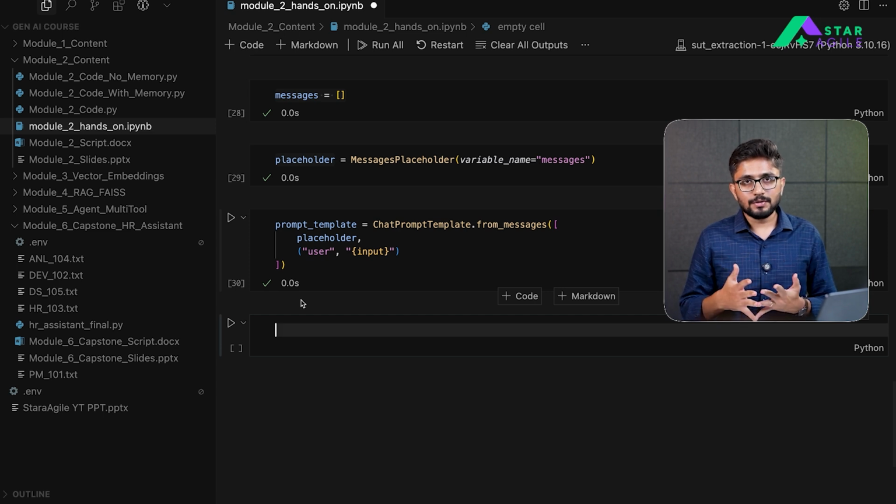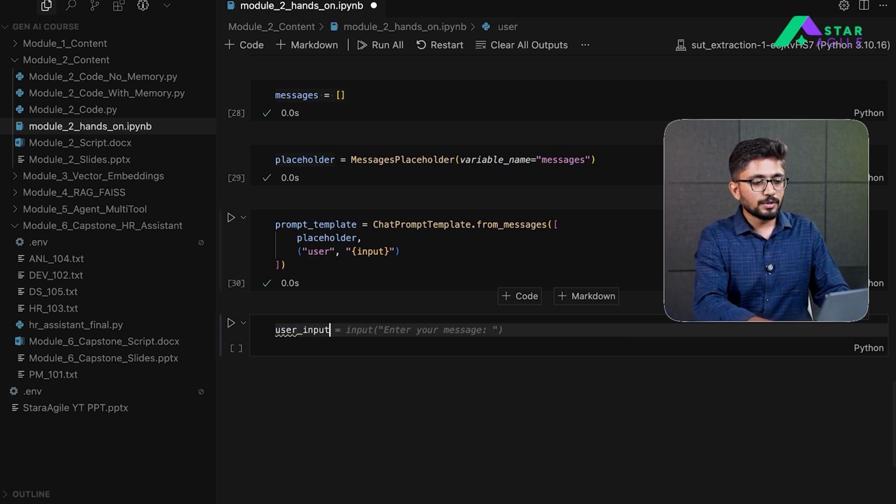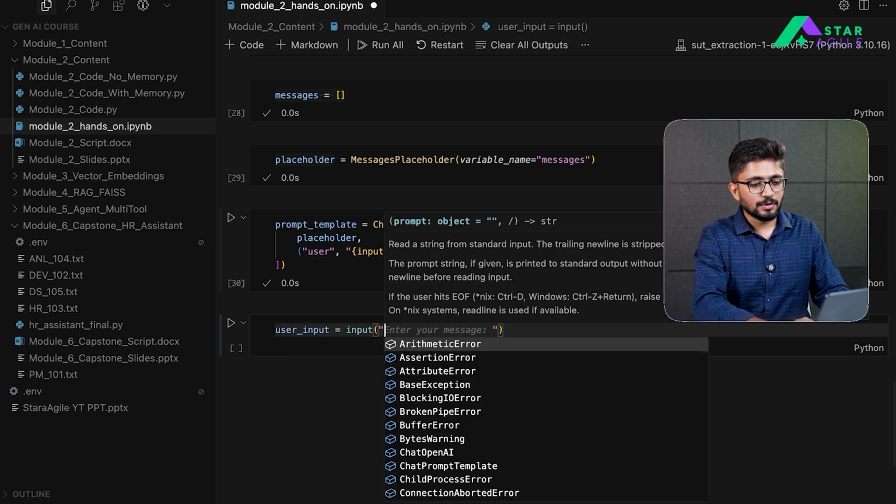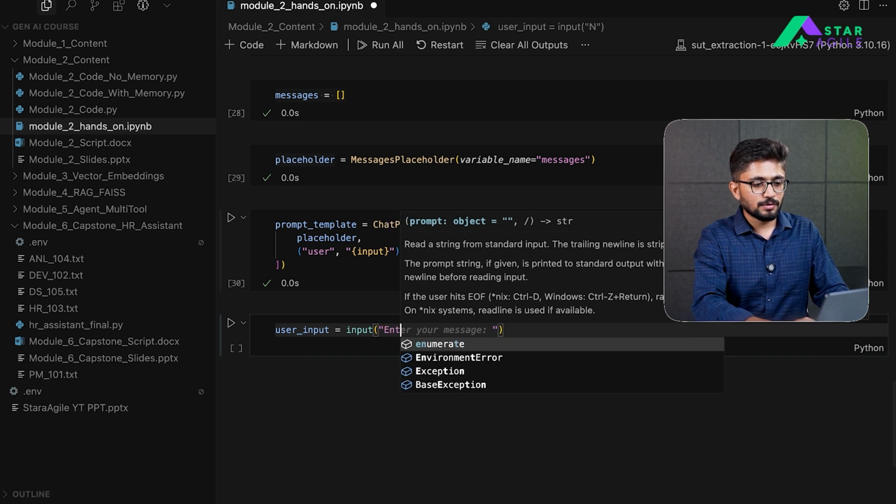We will continue the conversation until the user wants to stop the interactions. So we have already defined some placeholders to contain the previous chat history and the next input for the user. So let's begin by first defining what the user input is. So here I'll call a variable called user input, wherein I'll take the input from a user. So I'll say enter your message,